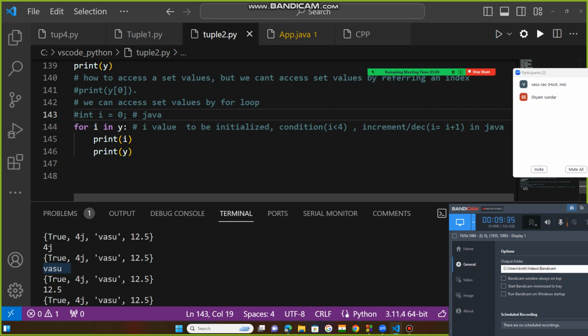So for and while loops will be used to rotate. Loop means, as I told you many times, iteration, travel, loop through, meaning every time the loop rotates through the values. The first value is printed, then the next value, until the condition is satisfied, the loop rotates. So that is called for looping. Okay, so now if I want